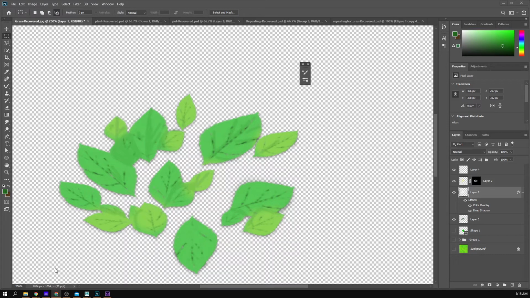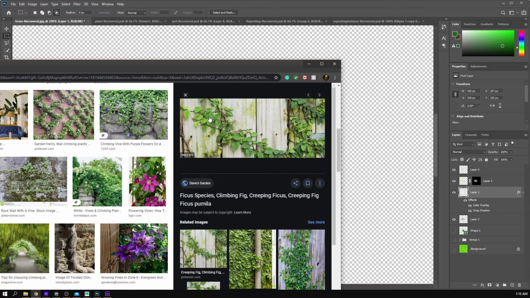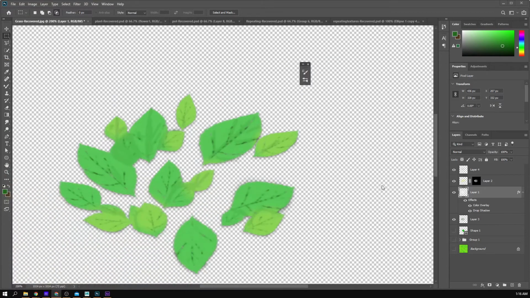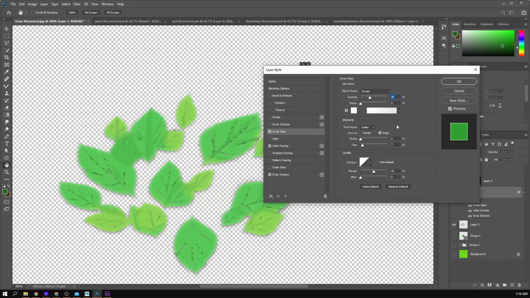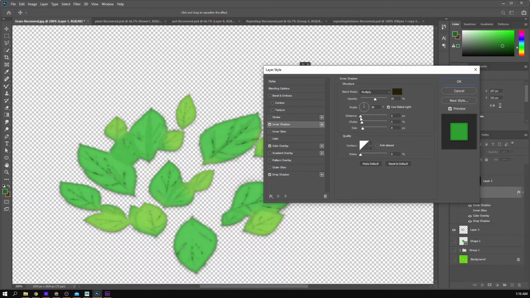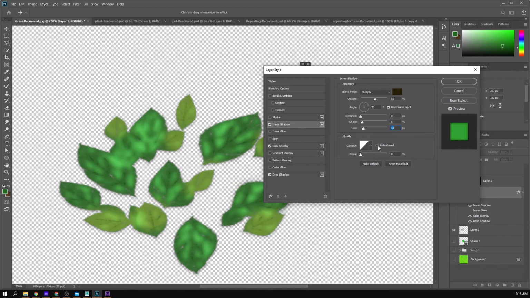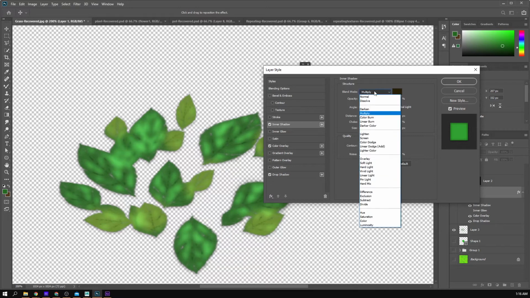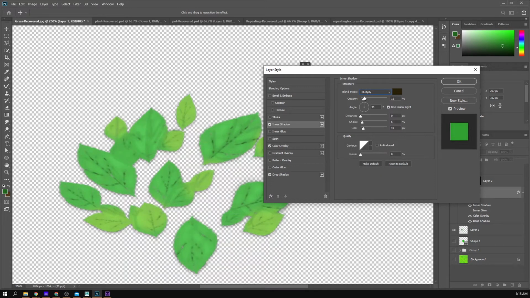The reference here, need a little bit more shading on here. So what I'm going to do next is do a drop shadow or inner shadow. So not inner glow, inner shadow. And I'm going to increase my distance. Nope, I'm going to increase my choke, not a lot. And then the size. And I know it looks really weird right now. I'm going to reduce this by going into the opacity, just playing around with that so I can get multiply, let's color burn,